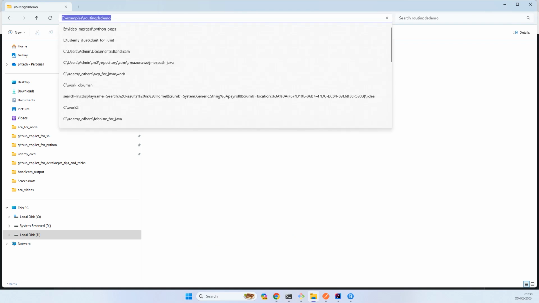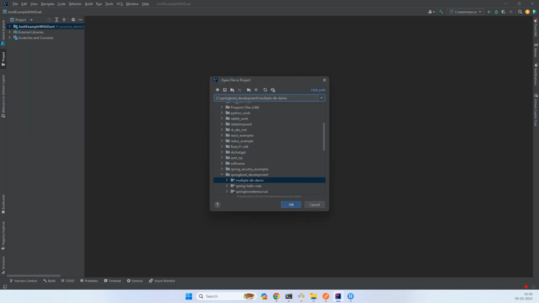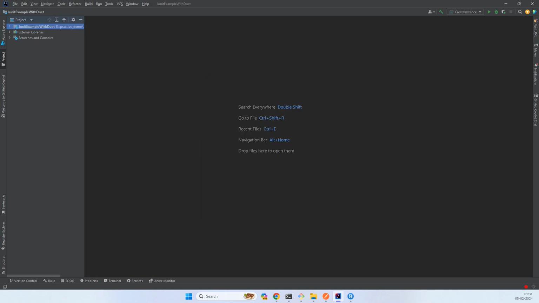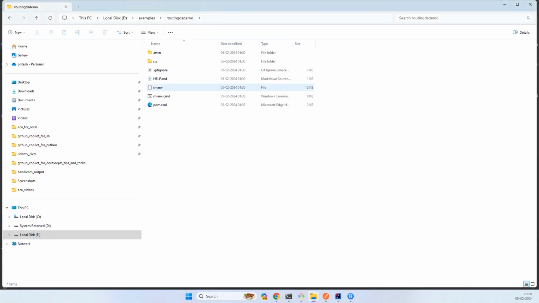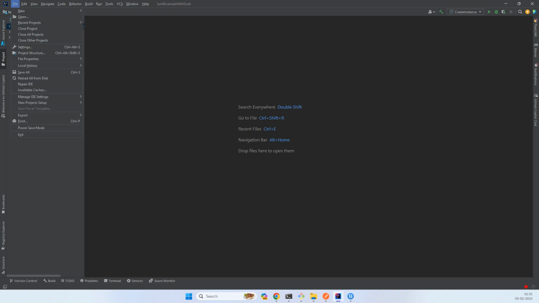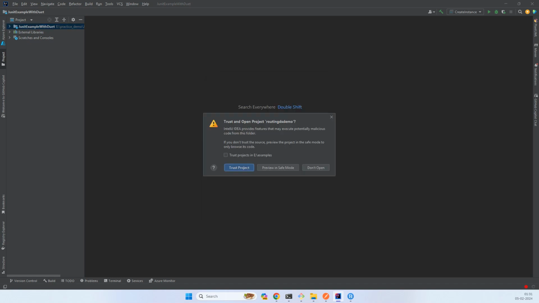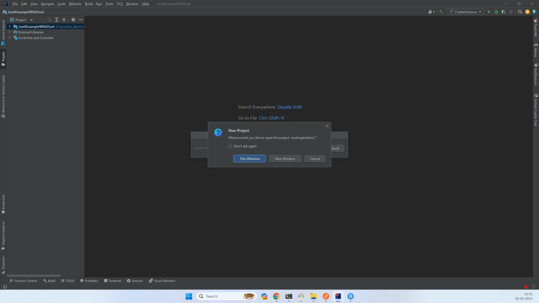I'll just copy that, and inside that I'll open IntelliJ. I'm just looking for the routing demo. Yeah. All right. Open. Okay. Examples. Let's again try. Yeah. So now, this is the project, new window,